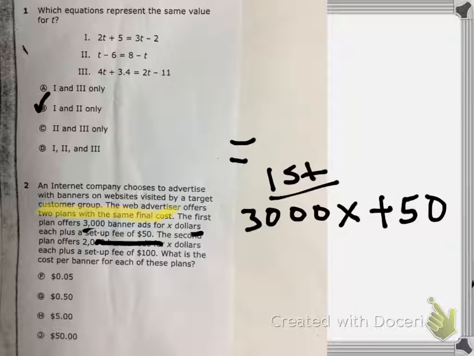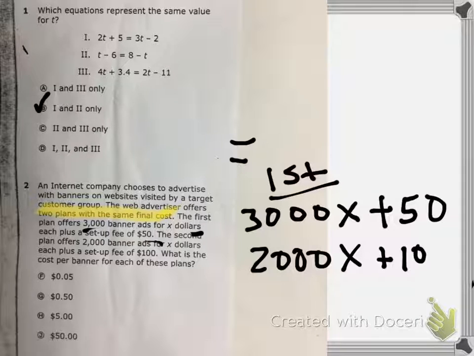Now the second plan offers 2,000 banner ads for X dollars each. So I'm going to write 2,000. And when they say X dollars each, that means multiply. So 2,000X. They have a setup fee that costs $100. So I'm going to write plus $100. So these 2 plans, and this is the second plan here, these 2 plans have to be equal to one another. So my equation would be